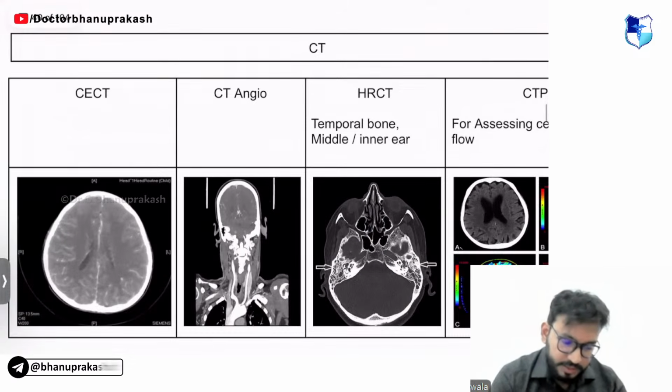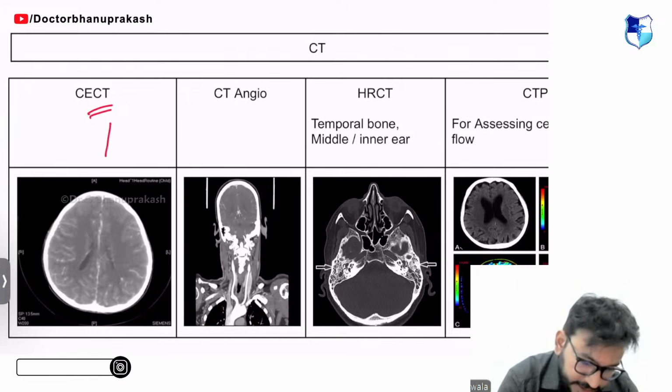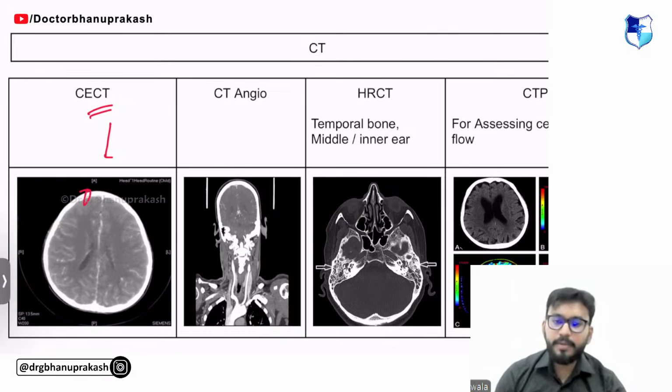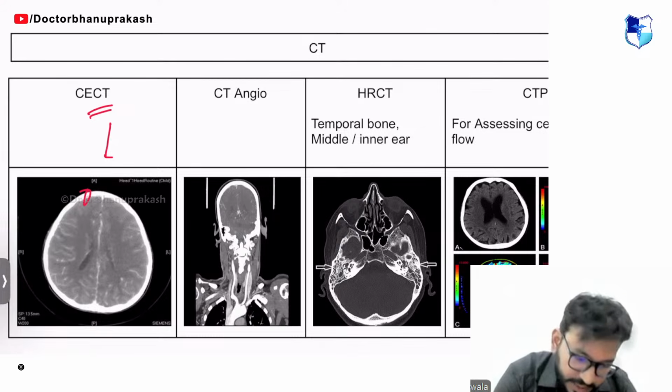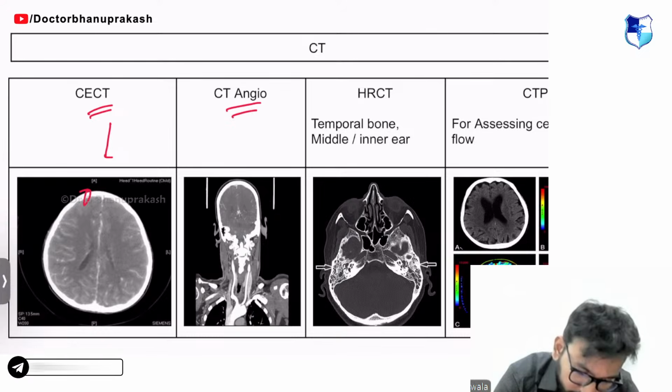Okay, guys, look at this CT scan. Like I said, again, cortical bone. Look at the cortical bone. This is a CT scan, the CT angio. Can you see the cortical bone?